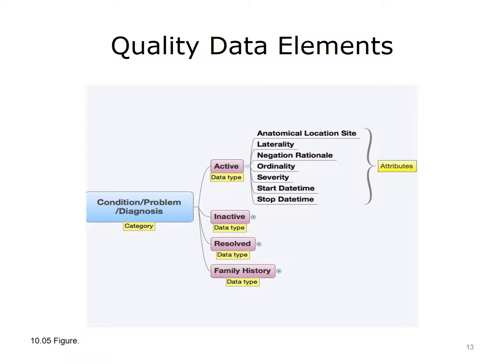Quality data elements are the basic atomic unit of the QDM. These are further defined below. Category consists of a single clinical concept identified by a value set. Data type, the context in which each category is used to describe a part of the clinical care process. Attribute provides specific detail about a QDM element. Value set,